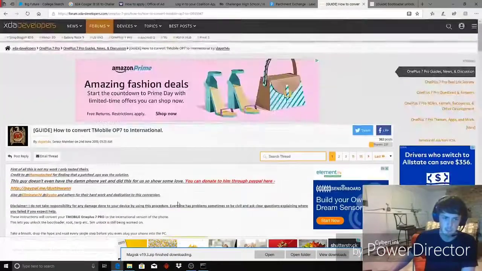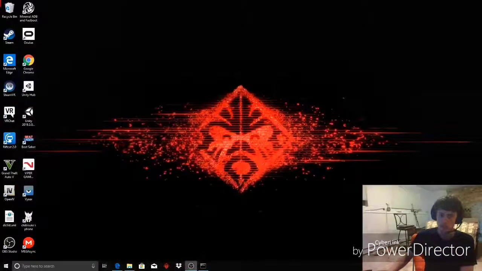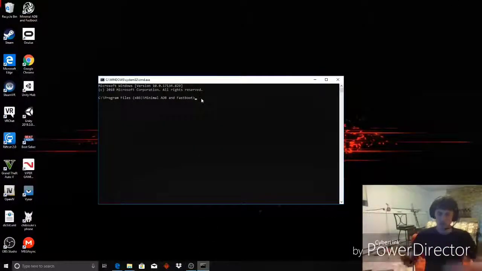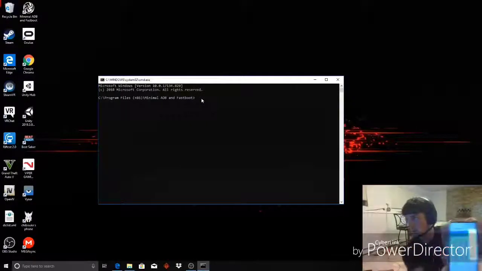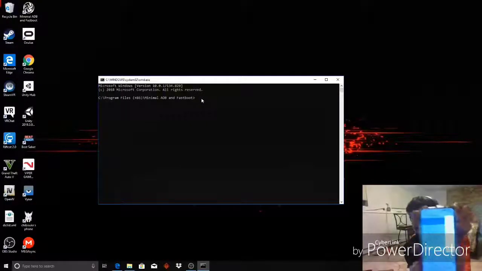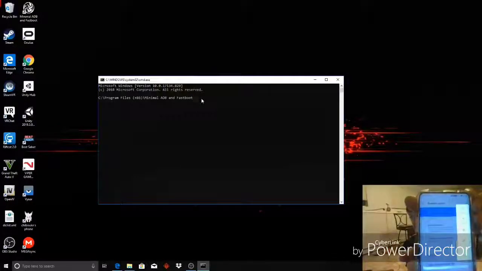And once you do that, once your phone is in bootloader mode, which you hold and go to the bootloader option,